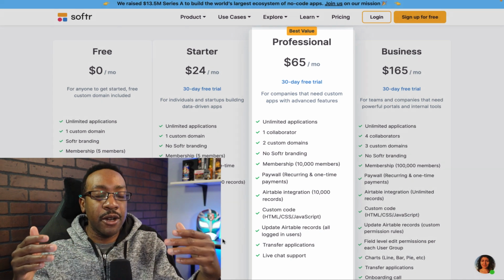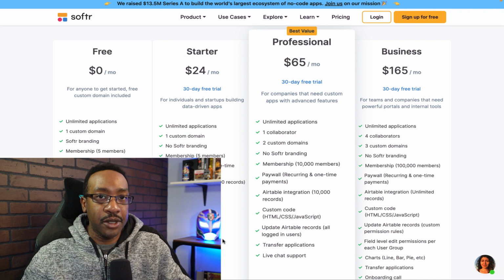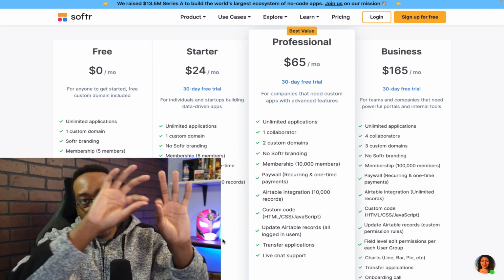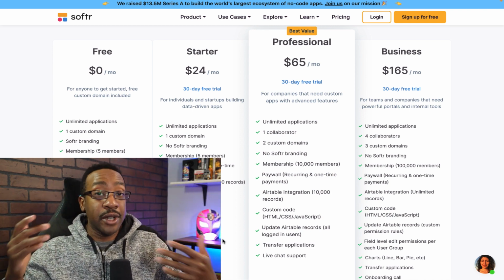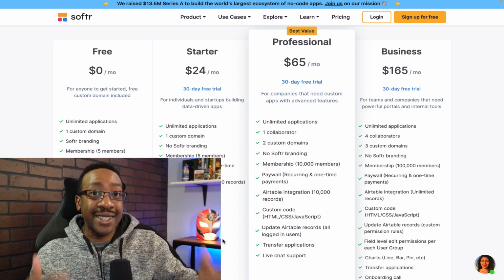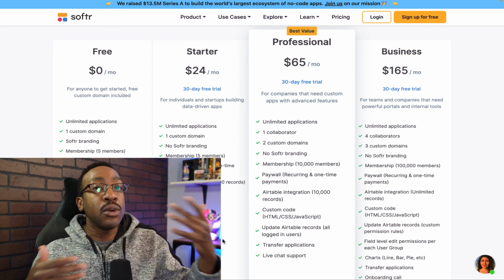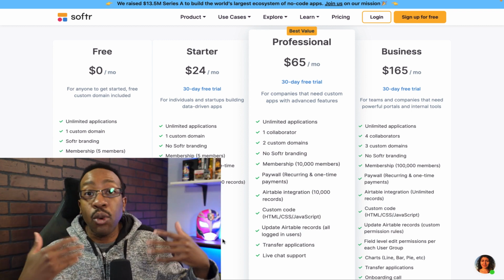Simply put, 10,000 records equals different types of information that you're going to be keeping track of. Each row is a row of data that you can track. For example, if you're creating a marketplace, each row could be a different listing, or each row could be different profiles that you're keeping track of who's interacting with the membership or the marketplace.